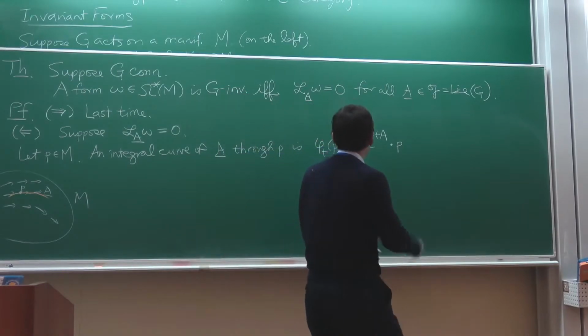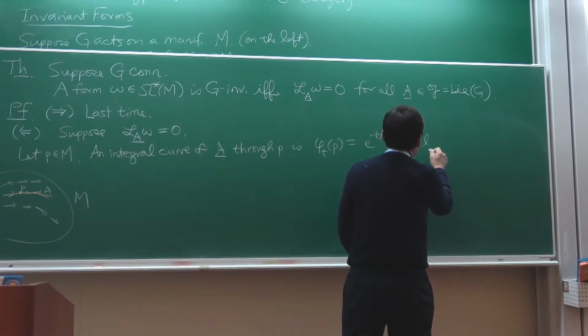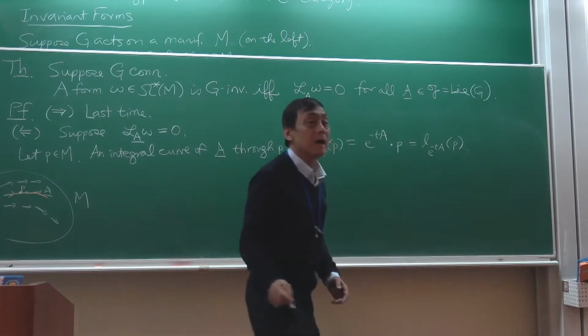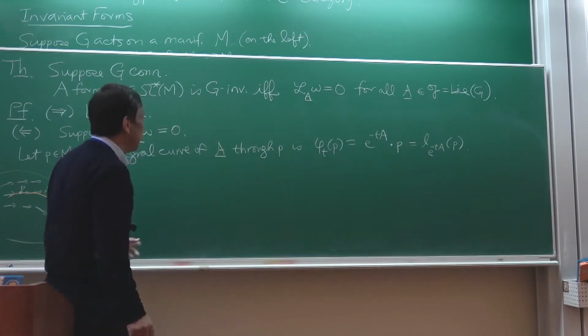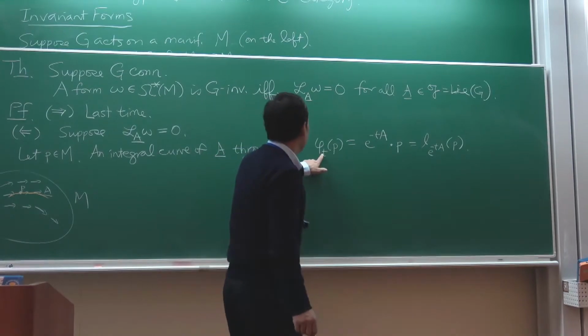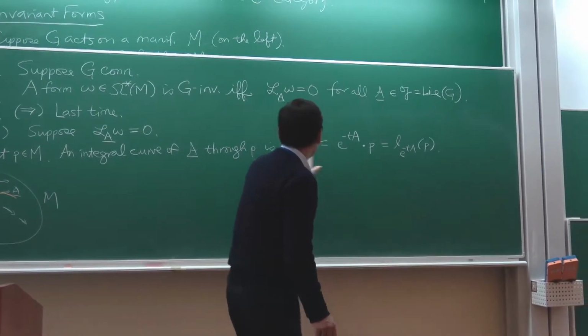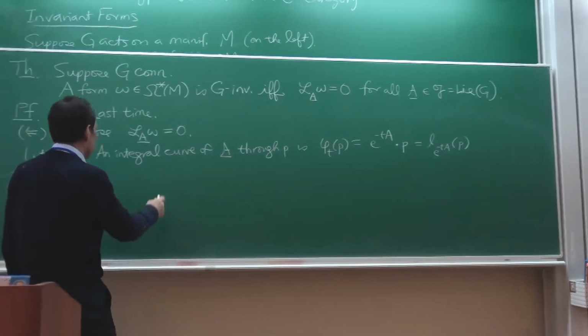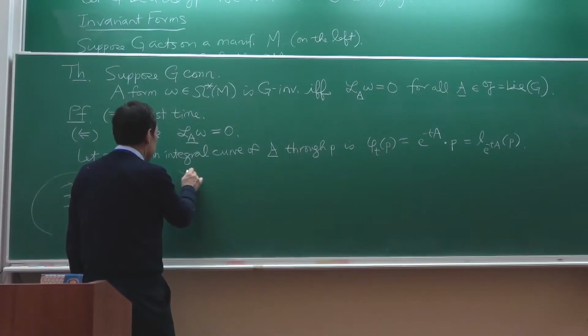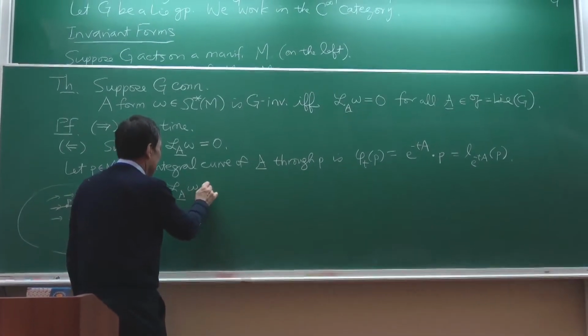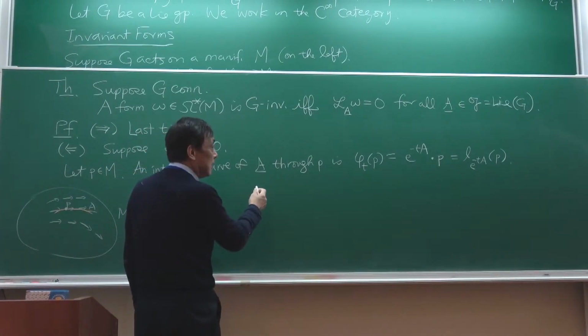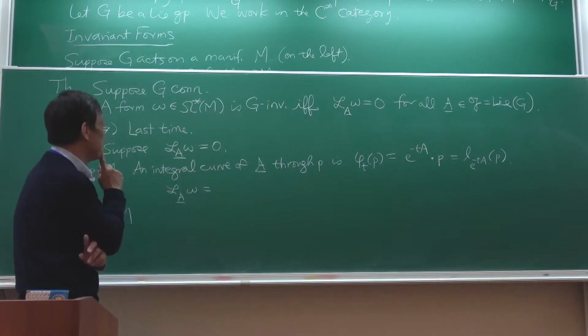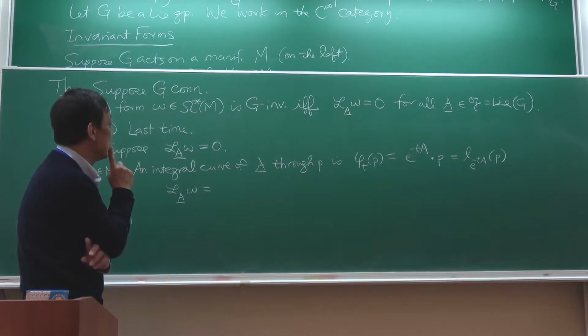And this is left multiplication by e to the minus tA. And yeah, so phi_t, that's your integral curve. And so by definition, the Lie derivative, let me see, at P,